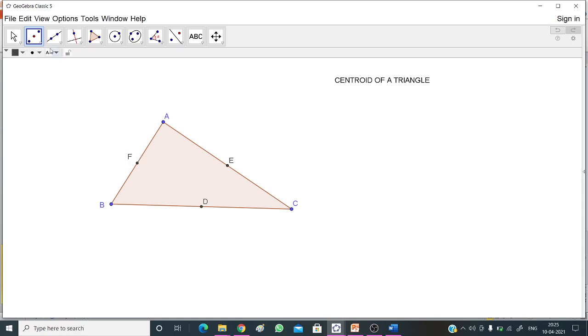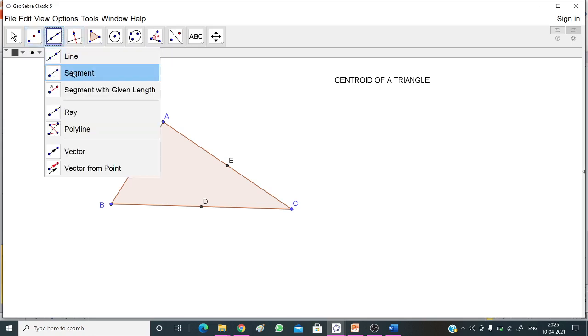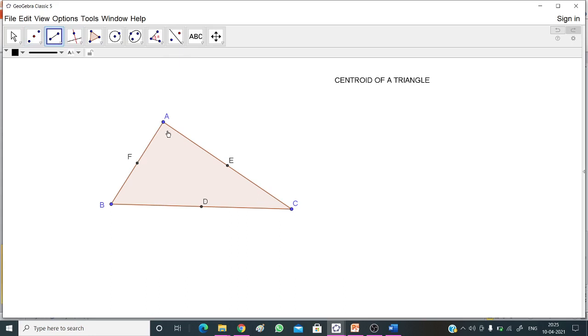Now the next thing we have to do: we'll take a line segment and join AD. Take any two; you can take all three medians also.